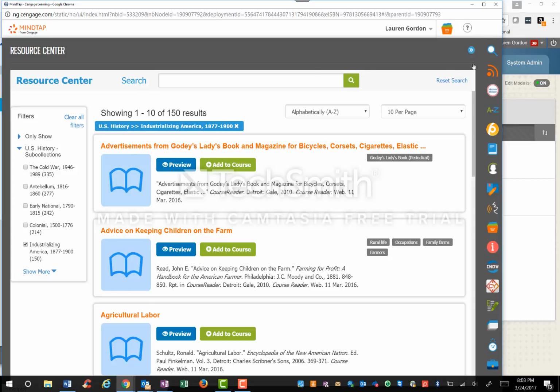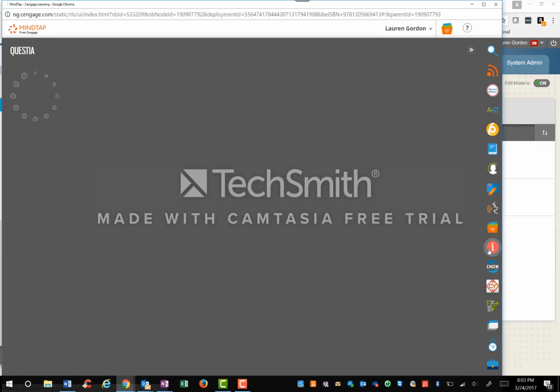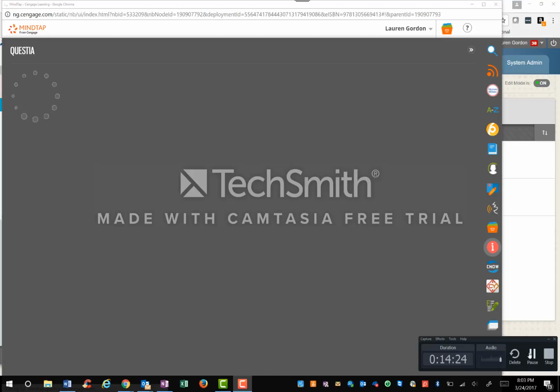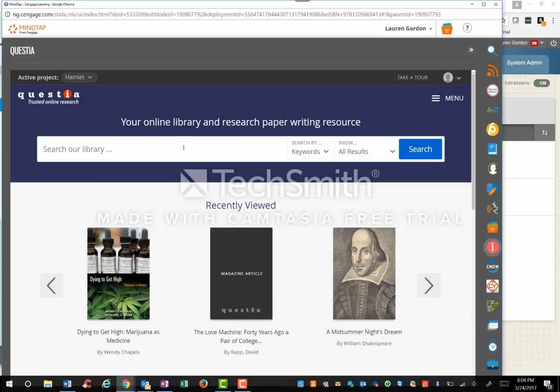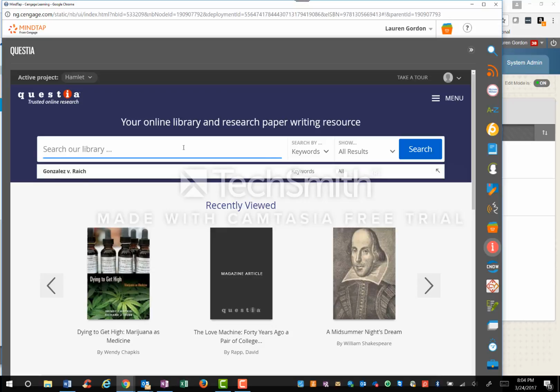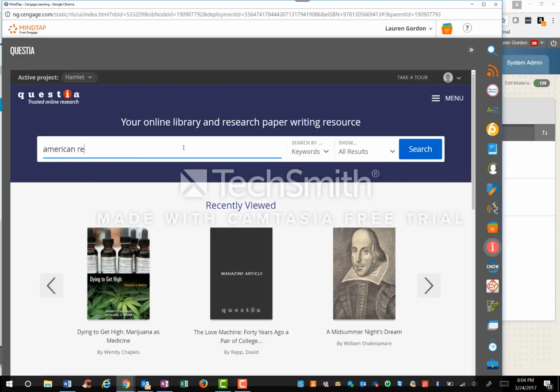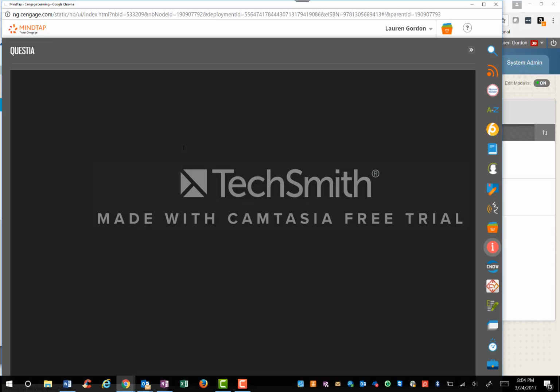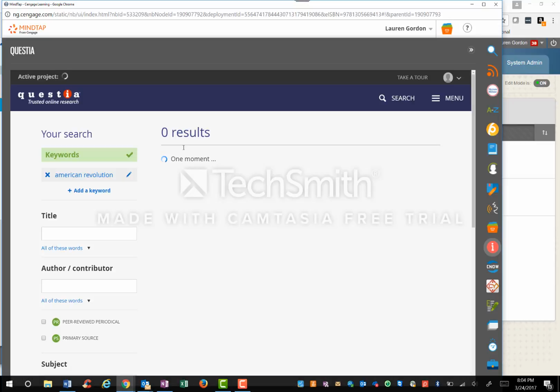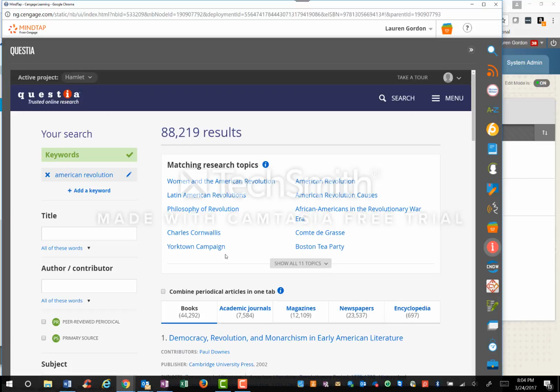And also, we have our Questia app in here, which is a giant research database. So the students can use this as a research tool, but additionally, you can use it to pull in readings and primary and secondary sources. So you can search different topics here, and it will pull up all the resources that exist within here for that specific topic. You can add additional keywords. You can filter just by